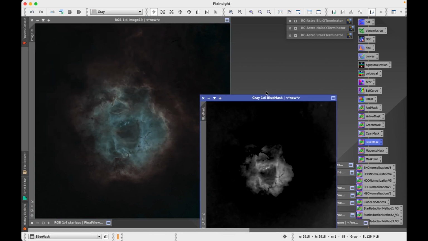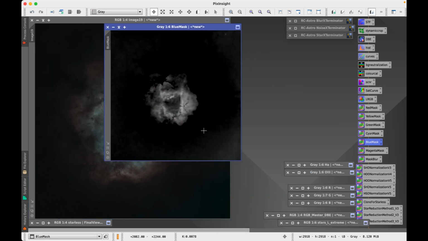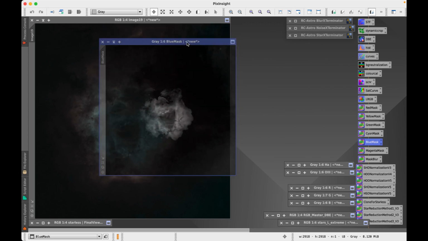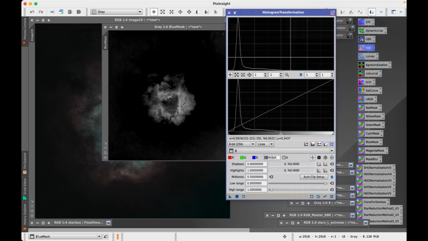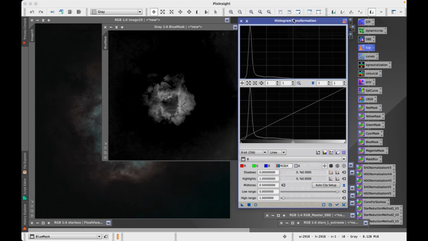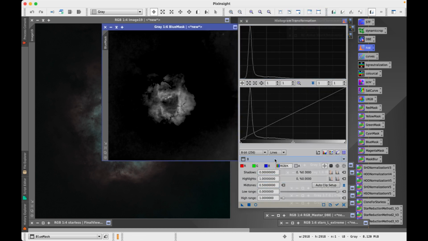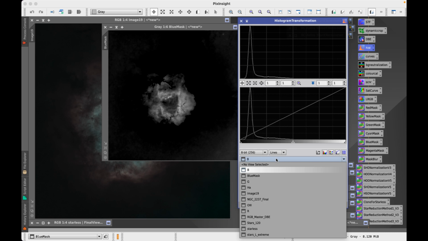Okay, so there it is. One of the things I realized is the corners here. It seems like it's going to start coloring this as blue as well, so I don't want that. So I'm going to use the histogram transformation and make sure I select the